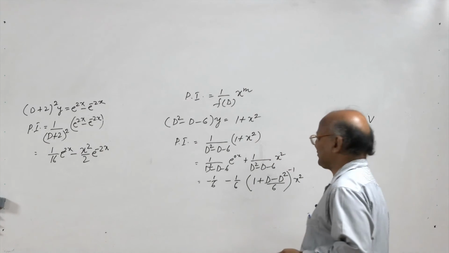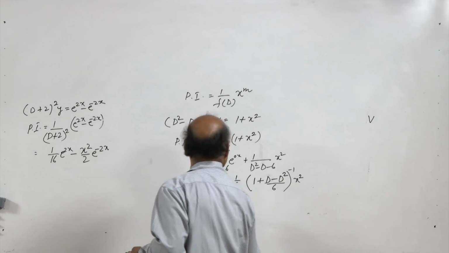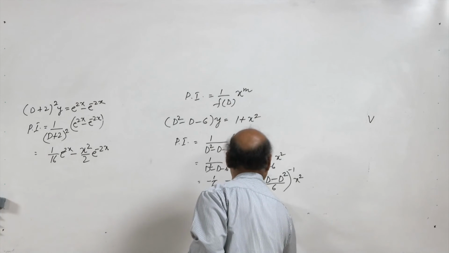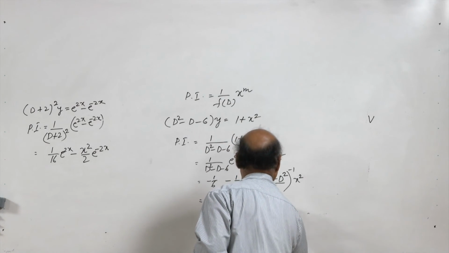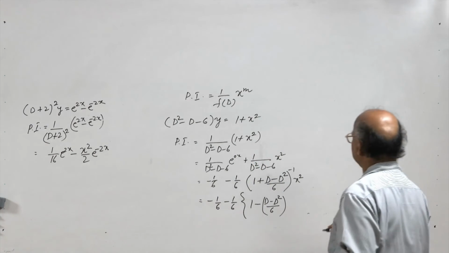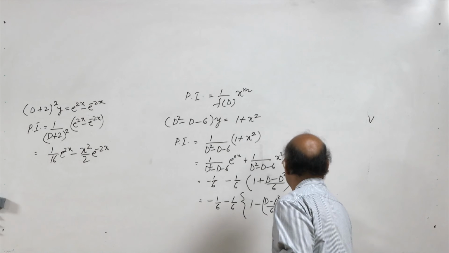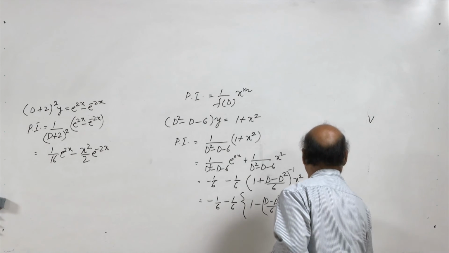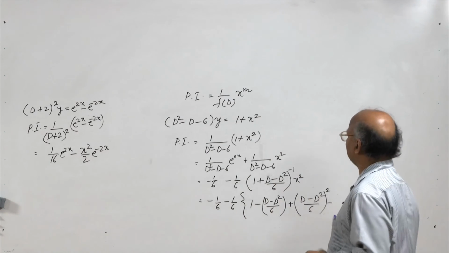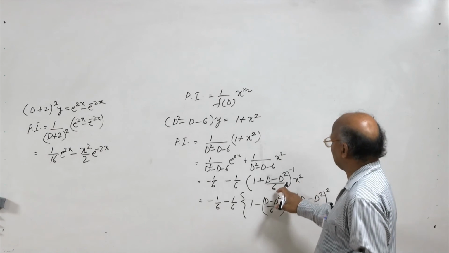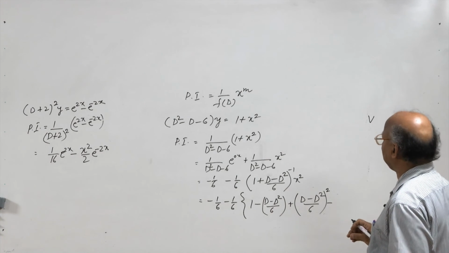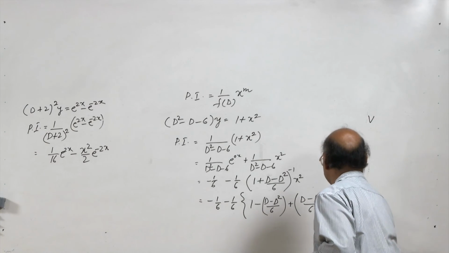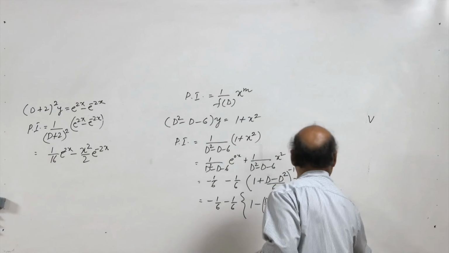Now we will expand it like we expand 1 plus x to the power minus 1, which is 1 minus x plus x square minus x cube. Now x cube I am not writing, because in the x cube, when you do d minus d square by 6 to the power cube, the minimum power of d will be 3, but we have x square here, and the third derivative of x square is 0, so we need not write those terms. We can stop here,